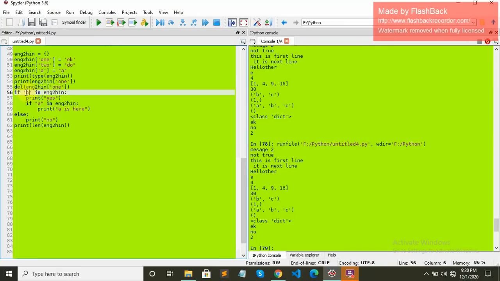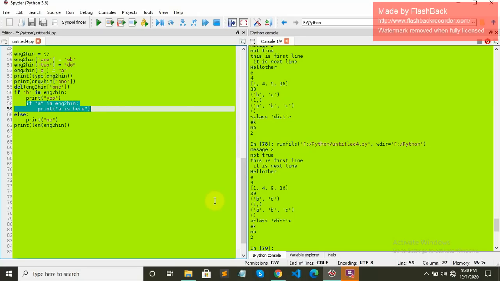You can see first it will execute the B part, and it is not in the dictionary, so it won't be executing this part because it is indented. And inside this first if block, there is another if block, so we are getting no as the output. But if we want to print this A is here, we can have something like this.